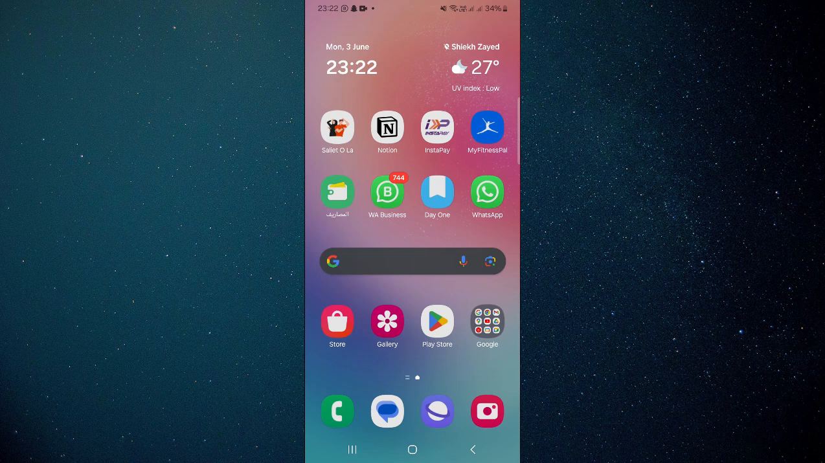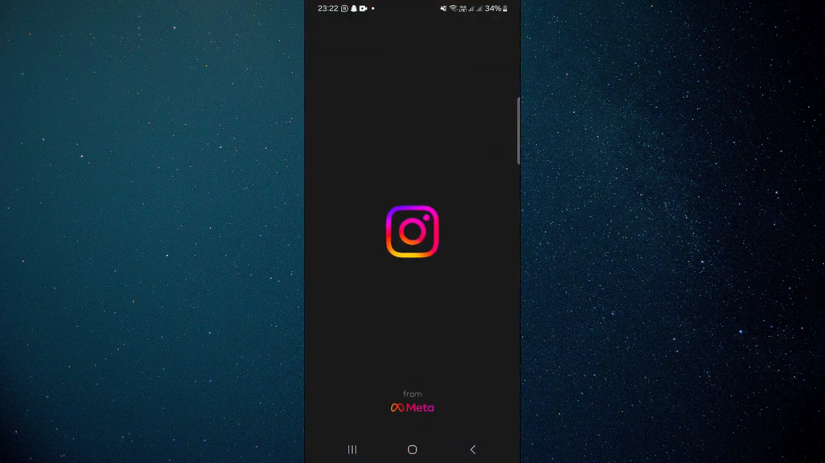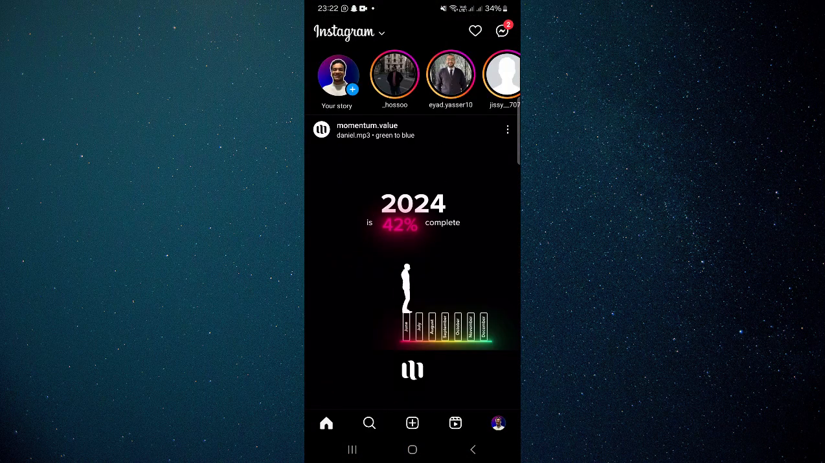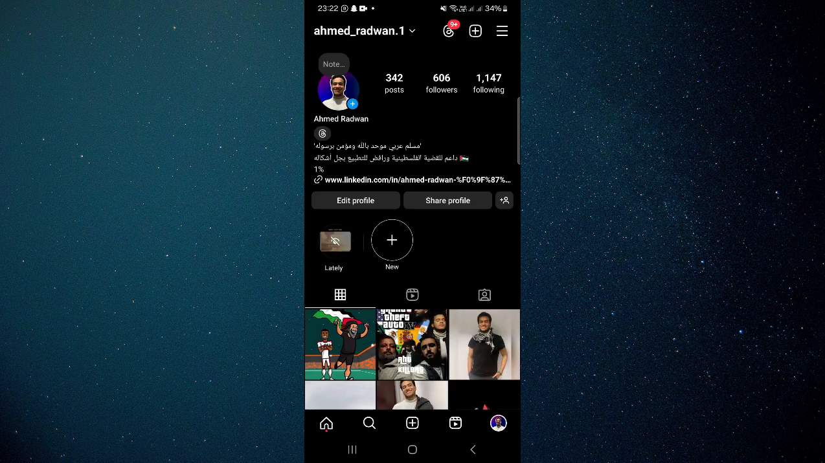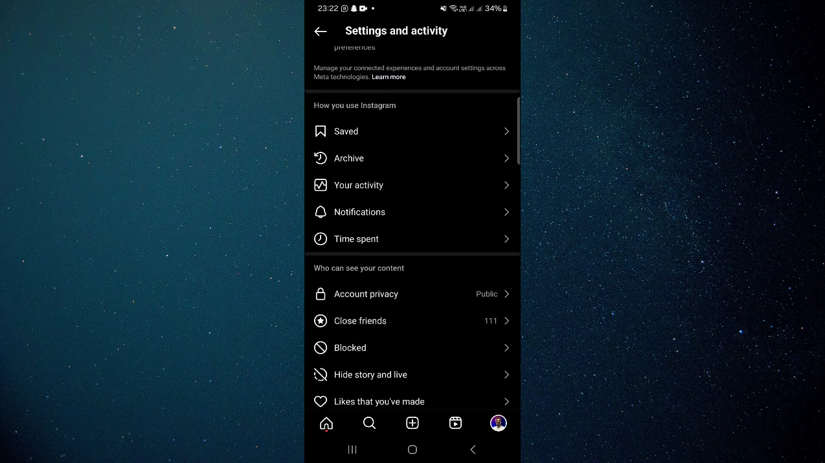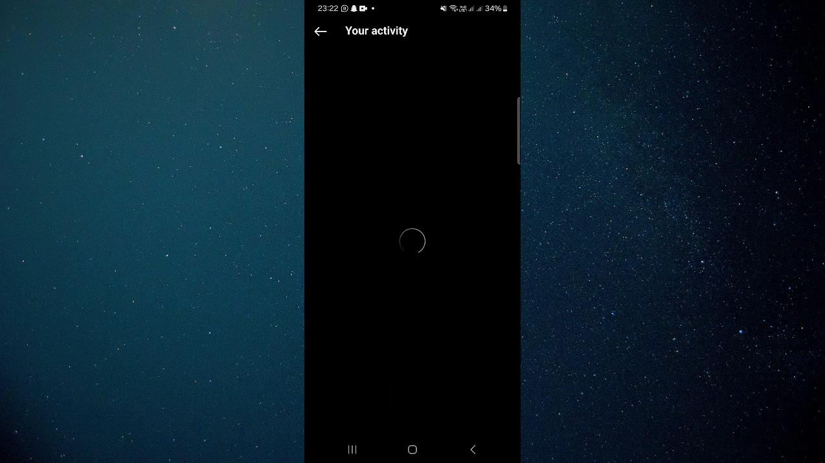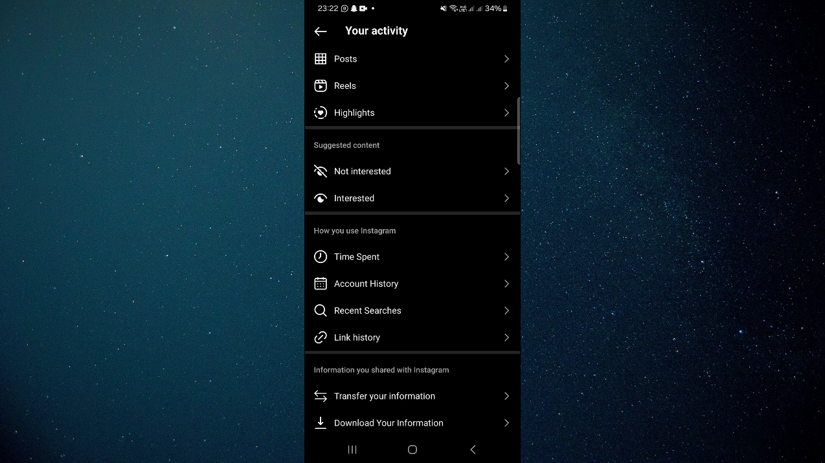And so the first step here is what I'm going to do. I'll go and open my Instagram app as you can see over here. Now once I open Instagram, I'm going to click on my icon down to the right bottom over here, as you can see, and then I click on these three lines up to the right corner and I scroll down until I can see the option which says your activity, and then I